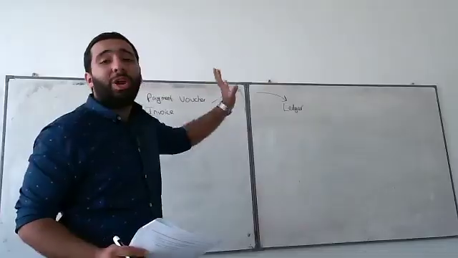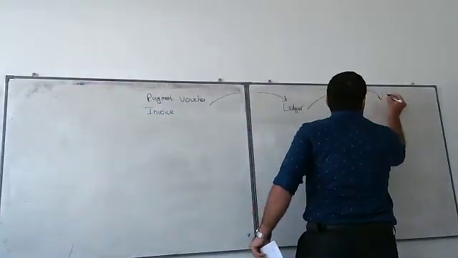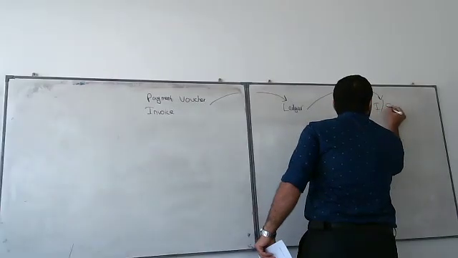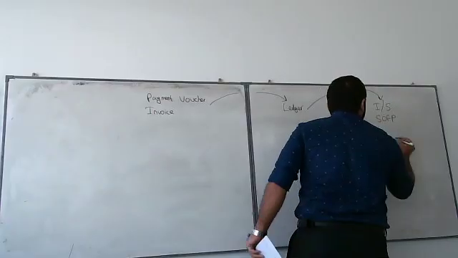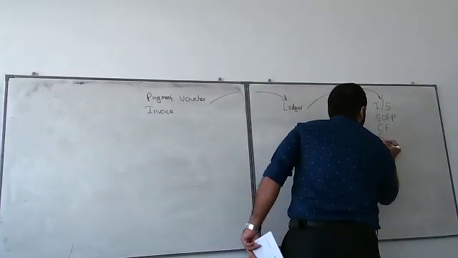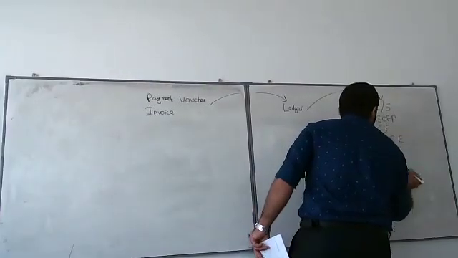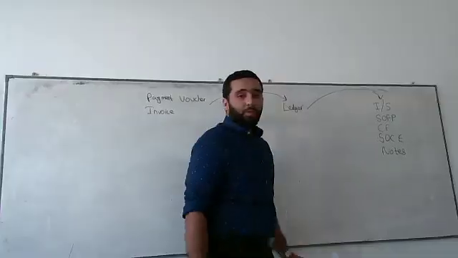You post it to the ledger, and then what comes? The income statement comes out. The statement of financial position comes out. The statement of cash flows comes out. The statement of changes in equity comes out. And then notes.